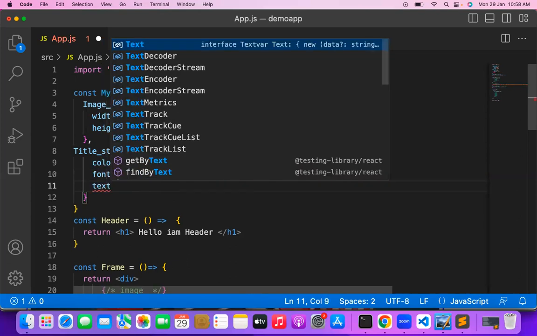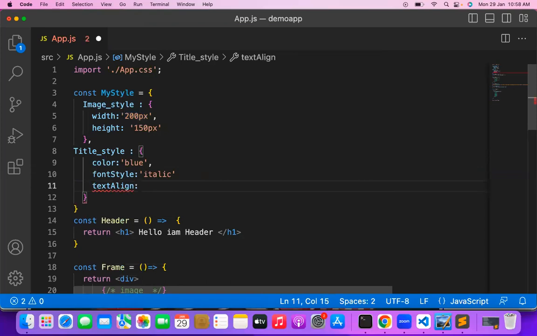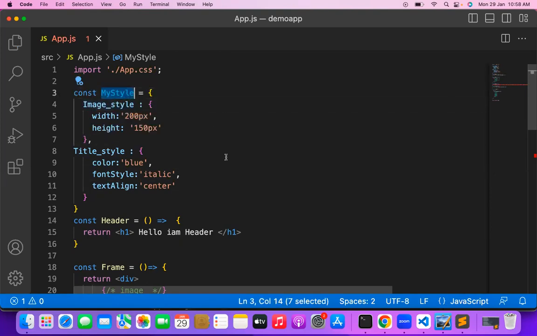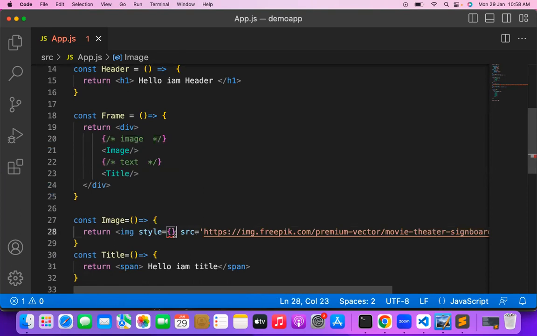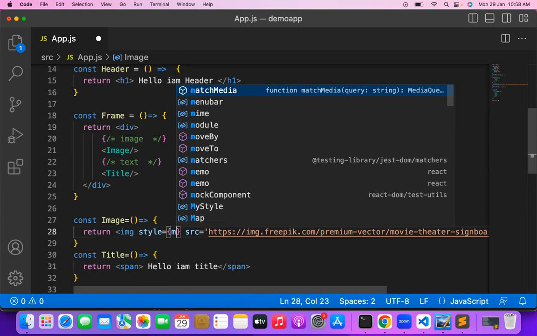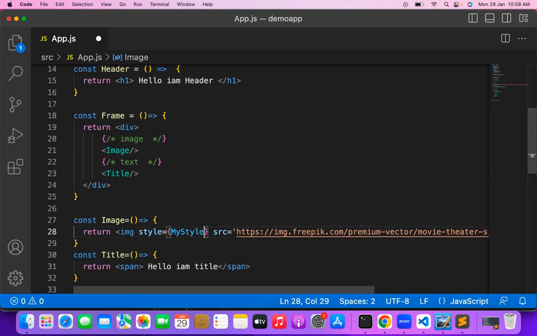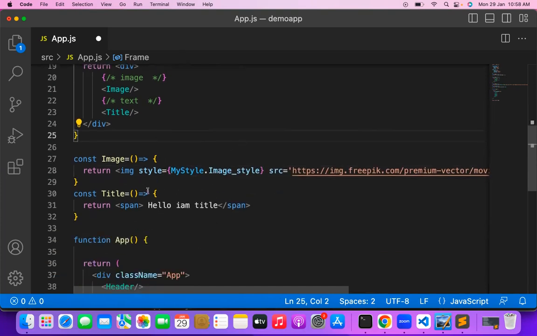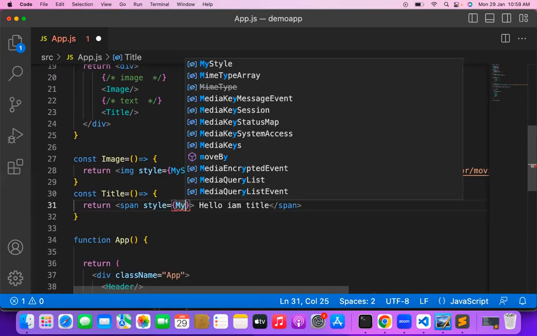Text align center. Comma. So, missing comma. Fine. This is my style. Inside my style, I have the image style. My style dot image style. So get my style here. My style dot image style. And here for this title span, style is equal to an object and my style dot